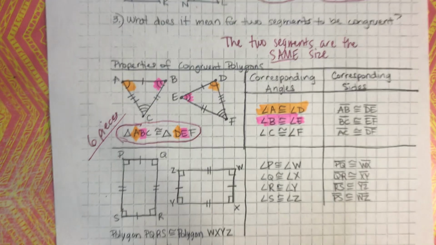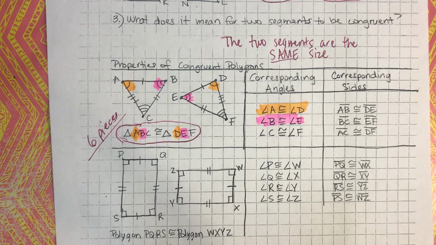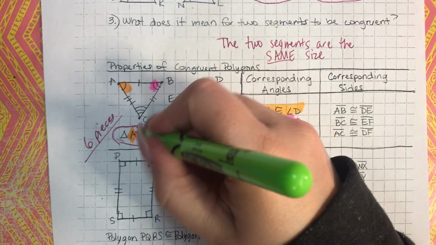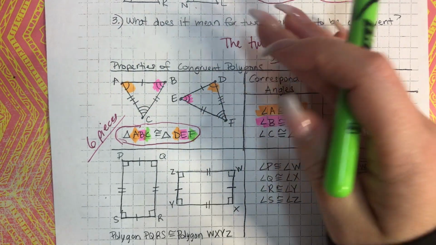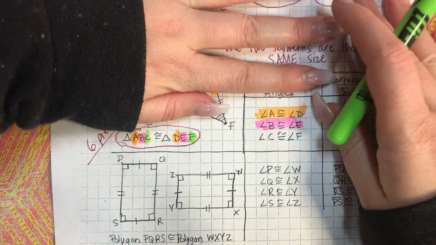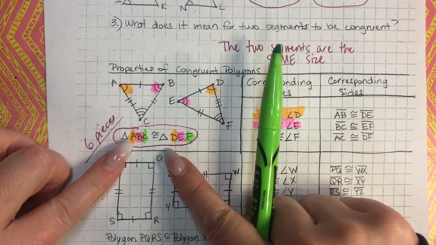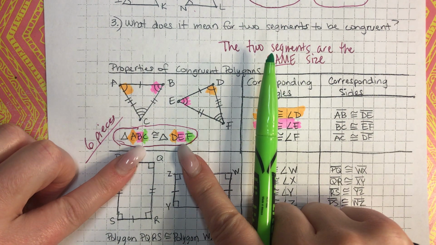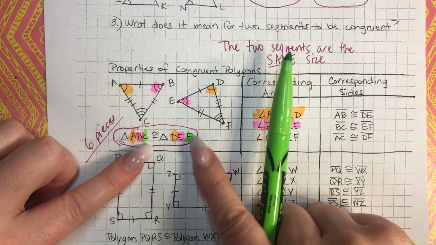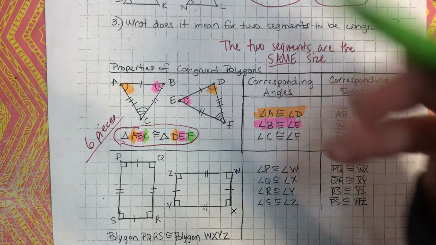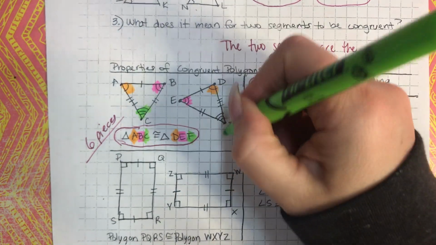And lastly, it tells you that angle C and angle F, I don't even need, so the beauty about this is I don't need any pictures. All I need is this statement, and I know that angle A and angle D are congruent. I know that angle B and angle E, the second letter written, is congruent. And I know that the third letter written is also congruent. Angle C and angle F